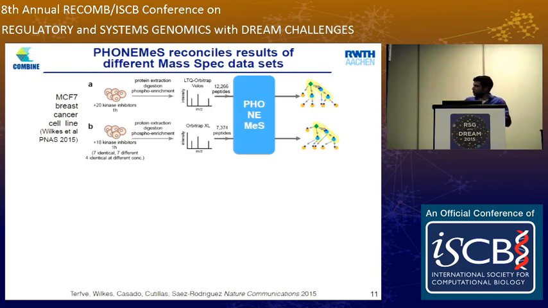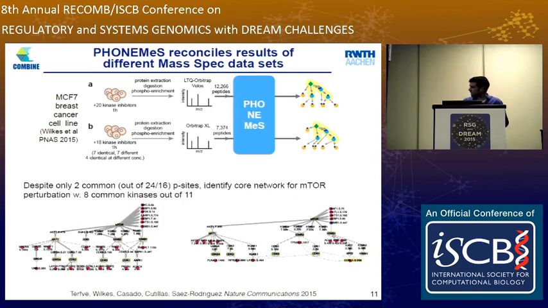To answer this, we took the same data set I showed you before, but also a second data set from the same group. This is a data set that they had generated 1 year before, because they were at Imperial College in London. They moved to another university. So it was the same group, but a different mass spec machine, different environment, slightly different set of inhibitors, and actually a different coverage of phosphorylation sites. So the data itself doesn't overlap much, but if you run both of the data sets, what you find is that there is a good consistency on the underlying pathways that you're able to identify.